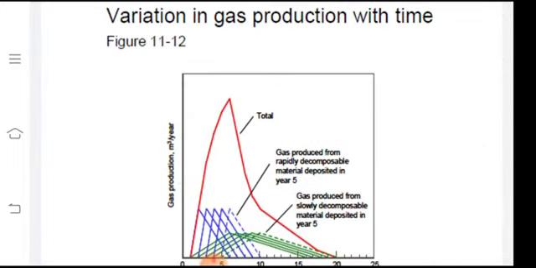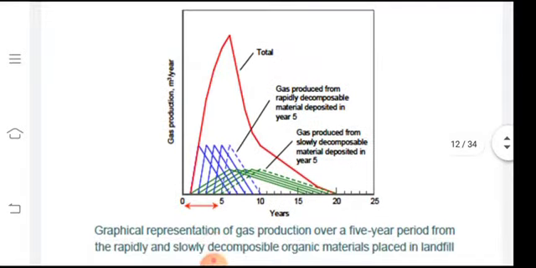And now this is the gas production with time. During the first 5 years there is a decomposition process, and different types of decomposition are taking place, and as a result you can see the total gas production is the maximum. Now this decomposition process is gradually reducing with time, and by year 20, all the decomposition process has